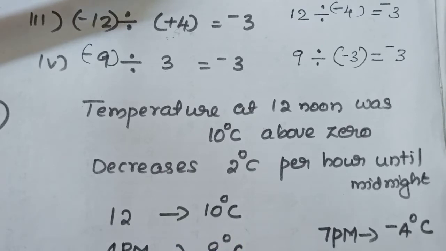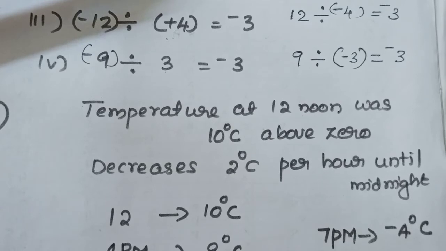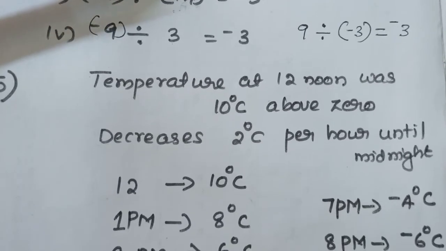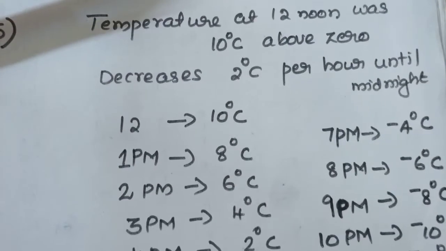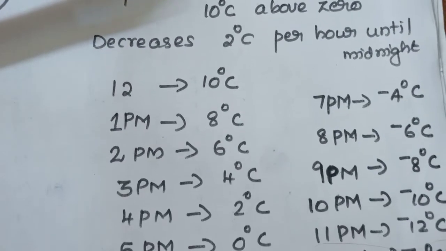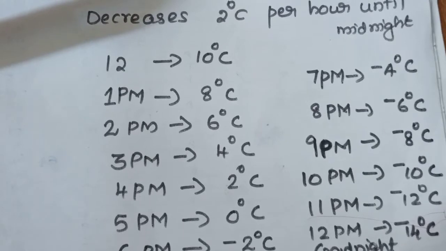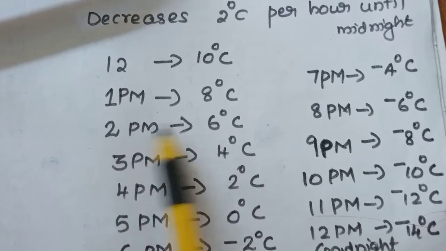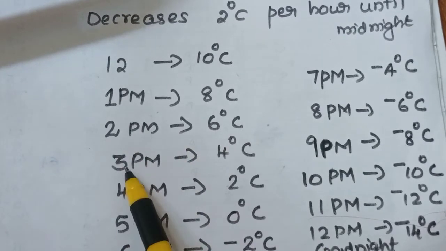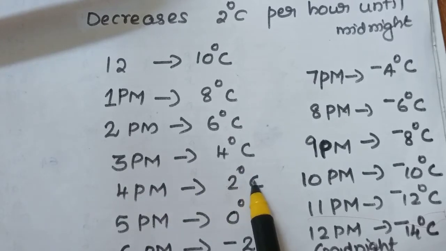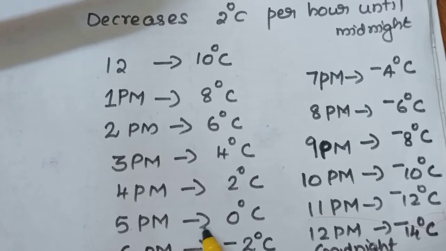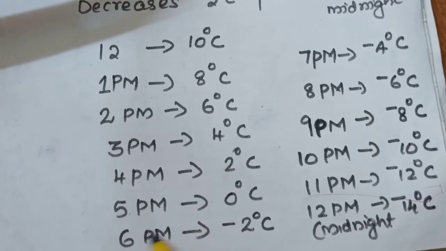Then it decreases 2 degrees Celsius per hour, so at 1 p.m. it is 8 degrees Celsius. Then it decreases by 2 degrees Celsius again, so at 2 p.m. 6 degrees Celsius, 3 p.m. 4 degrees Celsius, 4 p.m. 2 degrees Celsius, 5 p.m. 0 degrees Celsius,